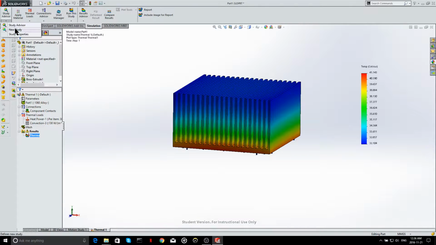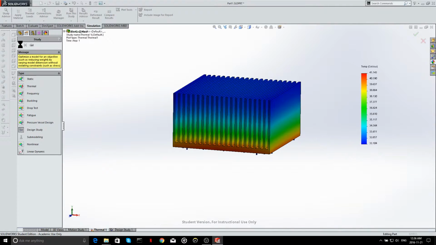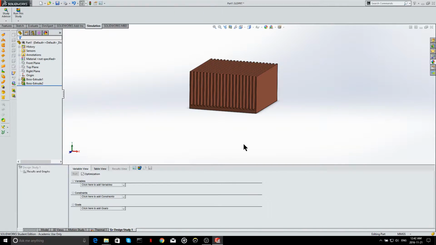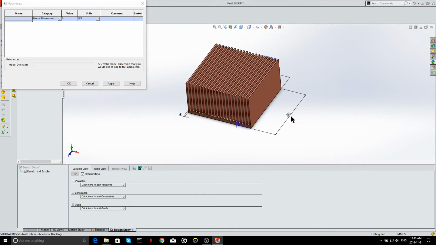So I'm just gonna go to a new study, design study, and hit OK. Now we're in the optimization menu, and you'll notice there are three different options where we could vary and add data for optimization: variables, constraints, and goals. So right here we're gonna add a variable for our